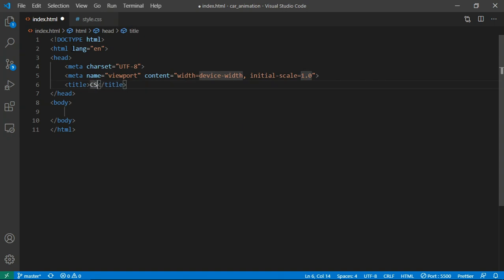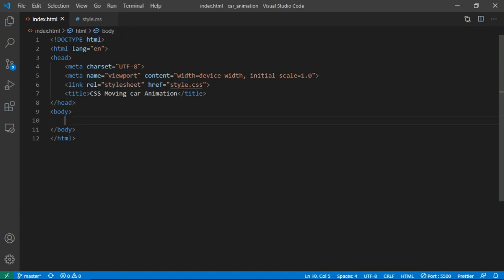Change the title to CSS moving car animation and then link your CSS file with the HTML file, and then create a div with a class of background.